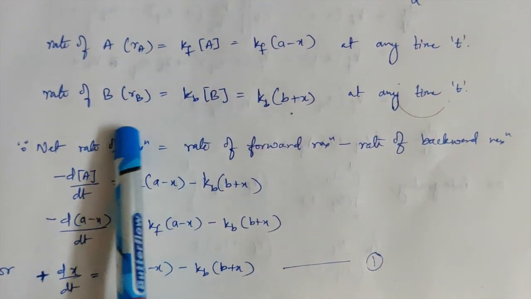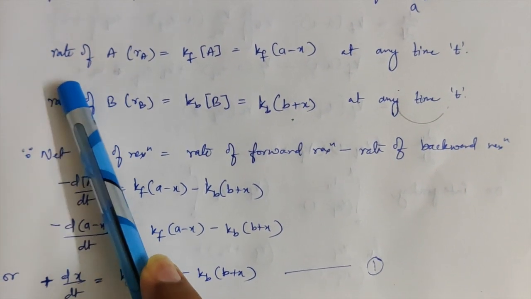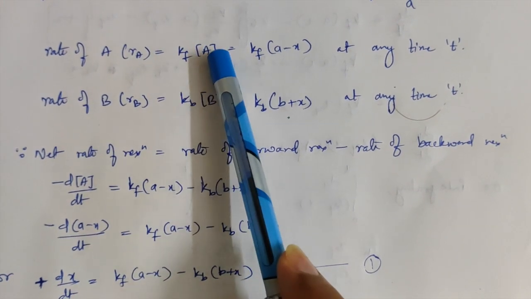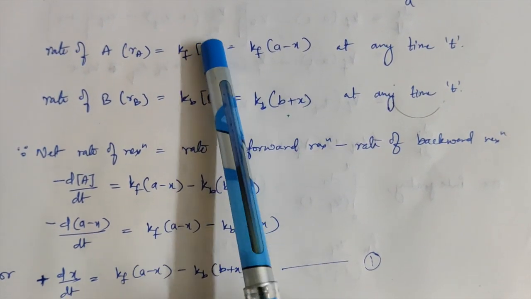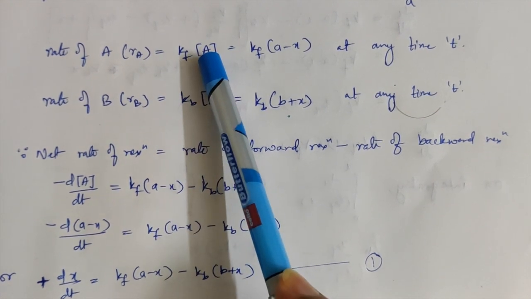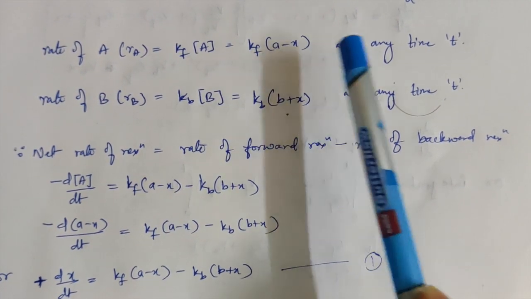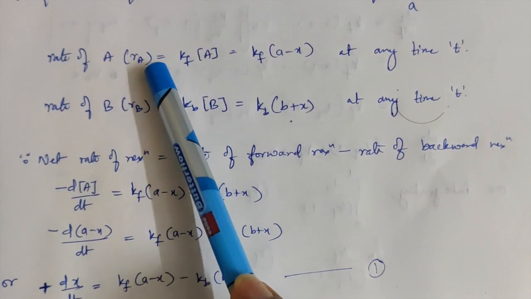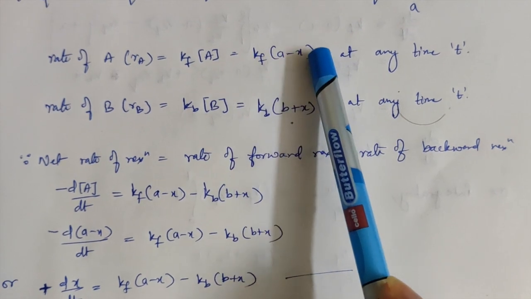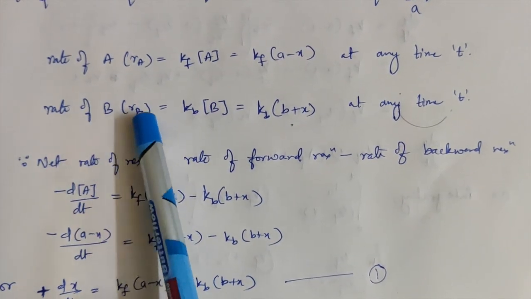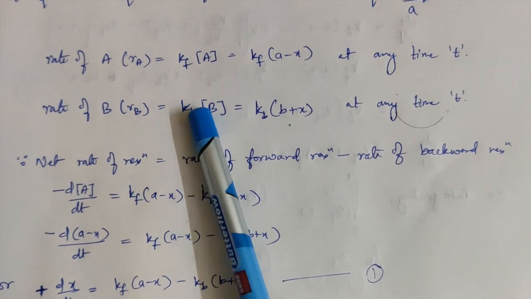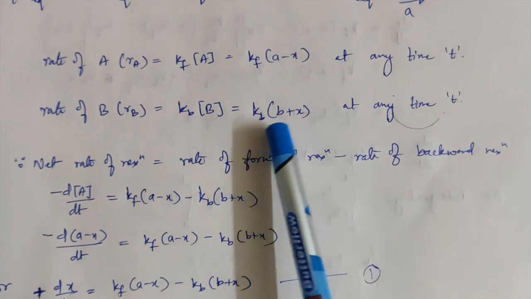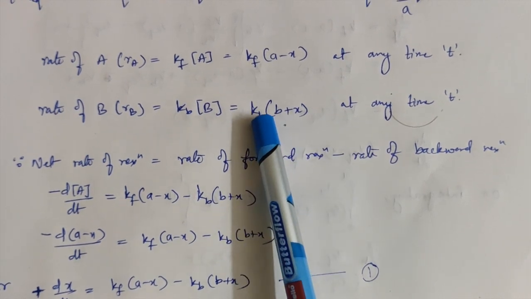Now let's come to the real part. The rate of A, that means RA, will be given by Kf into A, that means the rate constant of formation of A into the concentration of A. The concentration of A was A minus X at any time t, so the rate will be given by Kf into A minus X. Similarly, the rate of formation of B will be given by Kb into the concentration of B, that is B plus X at any time t. So it will be Kb